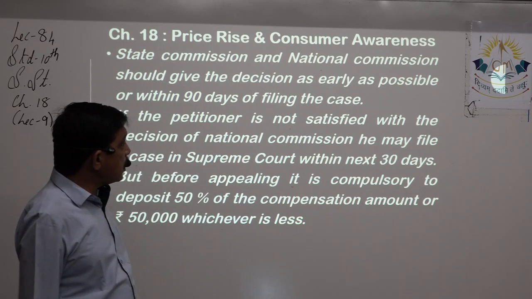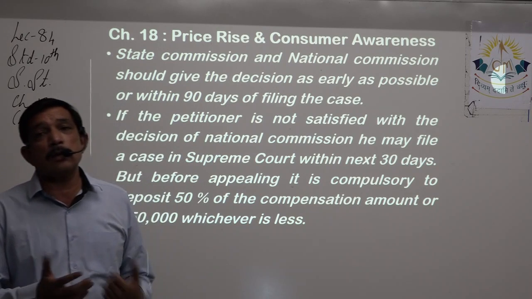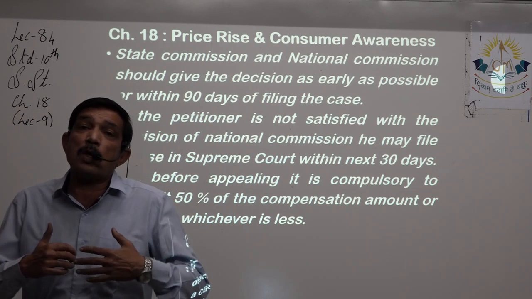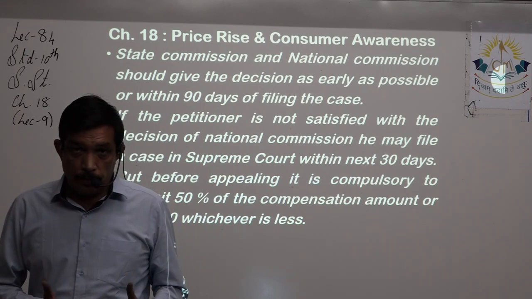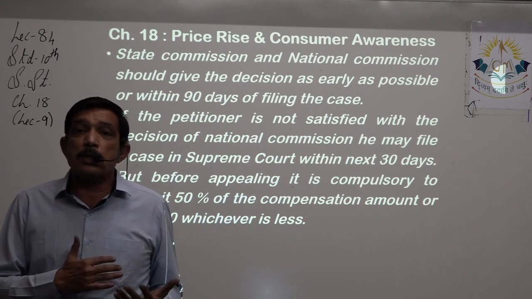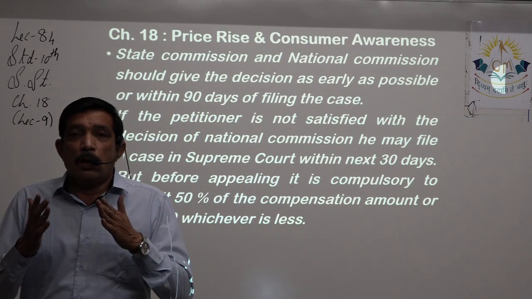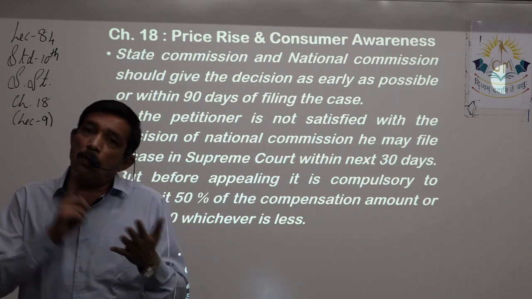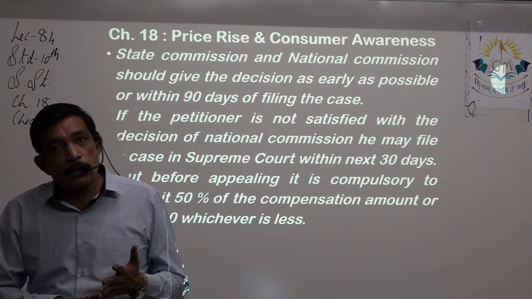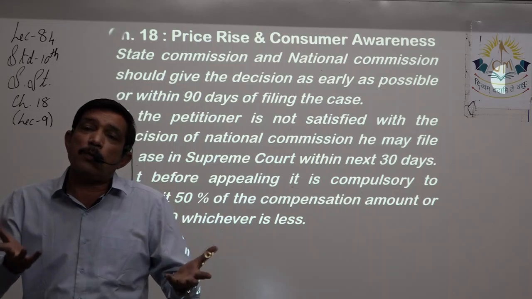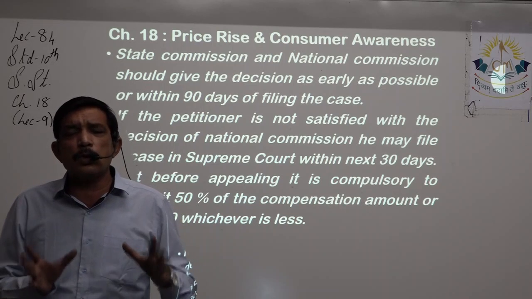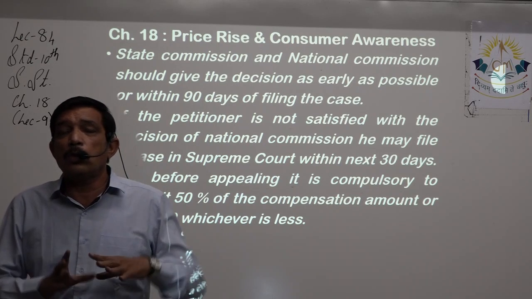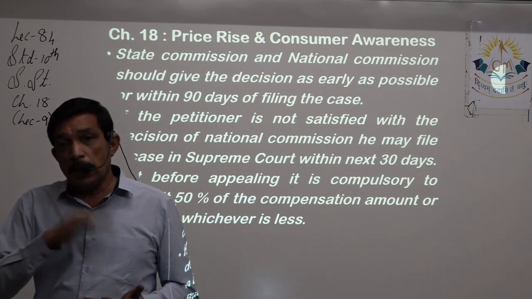If the petitioner is not satisfied with the decision of the National Commission, the consumer is not satisfied by that also. What happens in the judiciary system? Apex court, that is Supreme Court, whatever decision it takes, the government also has to obey it, the states also have to obey it, individual or group of company, whosoever the party is, they have to accept the decision of the Supreme Court, because there is nothing above it. But here,